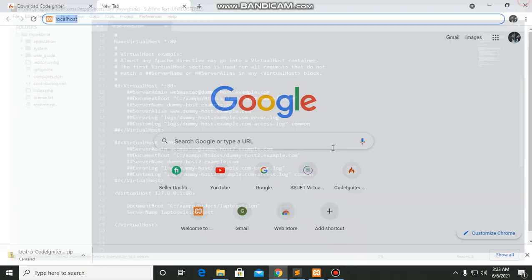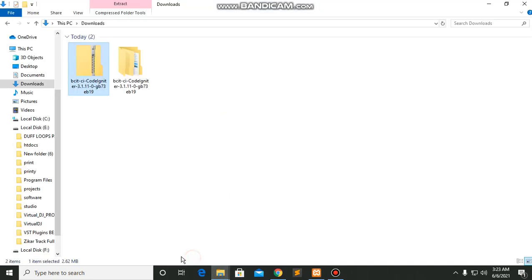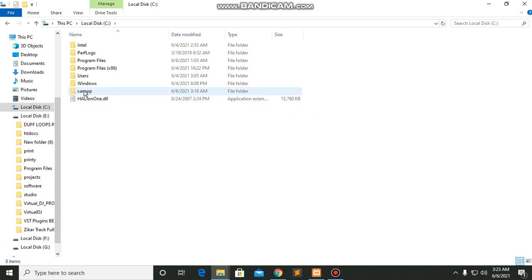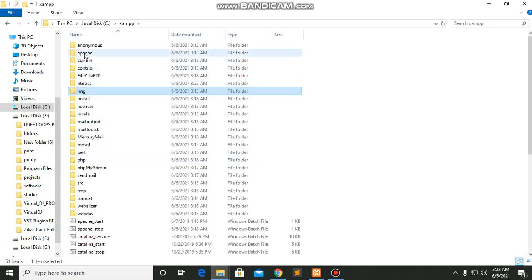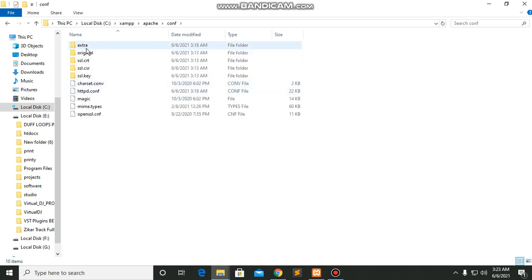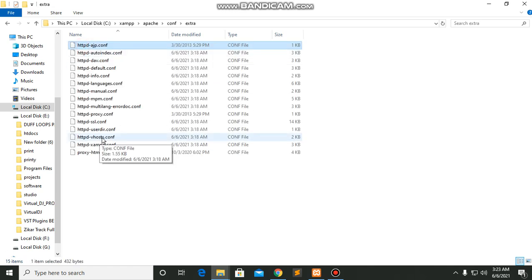For making a virtual host you first go to the C drive, open XAMPP, and go to Apache. Click on Apache, then go to conf, and in conf you open extra, then you open this httpd-vhosts file.